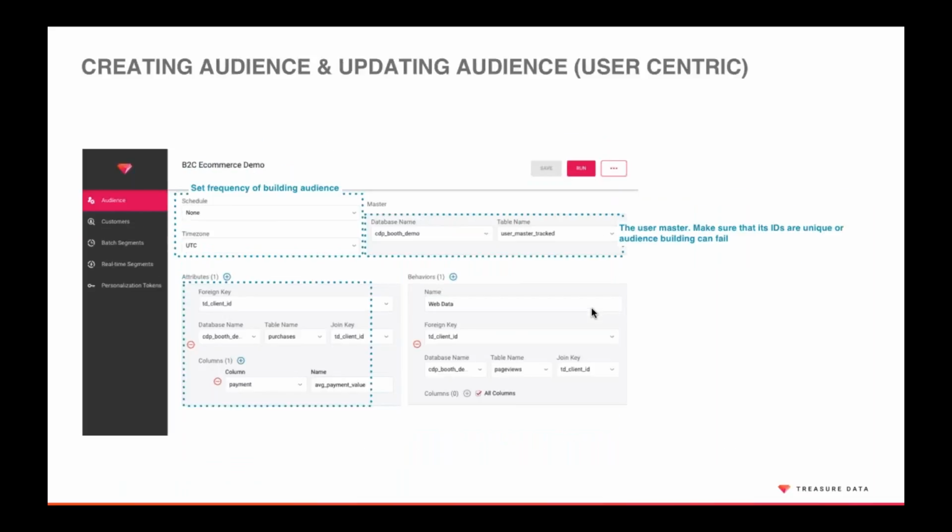And like I said, a segment is a subset of an audience. I'll show you how to build this in just a second. But an audience for us is really the largest logical volume of people, or container of people, that you would like to manage. And this is specifically per user. We don't prescribe to you what an audience is. I have seen audiences that are basically everyone in their customer data platform. I have seen audiences that are everybody in a specific country, or with an affinity for a specific brand of some product.